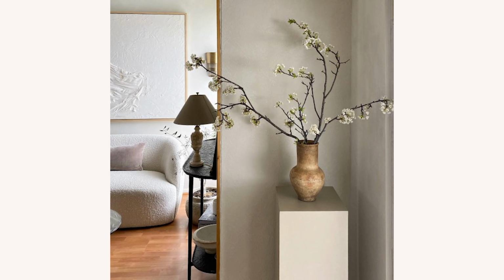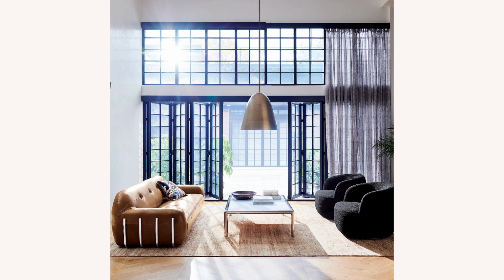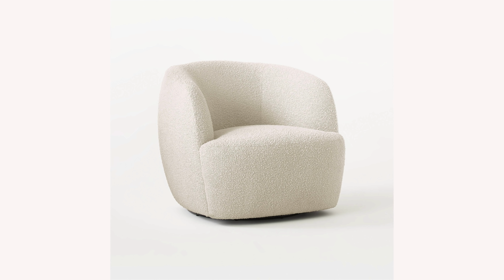Our trend number one is one that at first when it came out, I gotta admit, I was like, ooh, is round furniture here to stay? I think round furniture is a classic item. And you guys know that I love following classic luxury. I just love things that have a timelessness to them. So I think that there's some trends that are gonna come and go, and the rounded furniture is one of those that if you play your cards right, you can take this trend and incorporate it into your home and